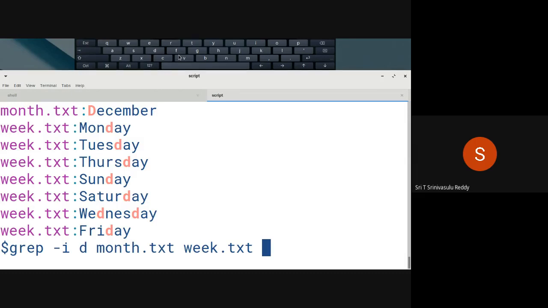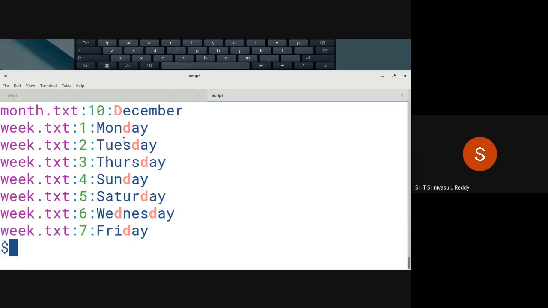So grep is a command that is used to search for a pattern in a file and display all the lines that contain that particular pattern. And you can give multiple file names, and it also displays the file name along with that particular thing. You can also display the line number where it is available. I don't know, there is one of the options there, probably.